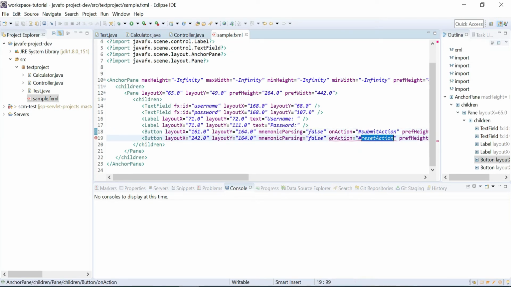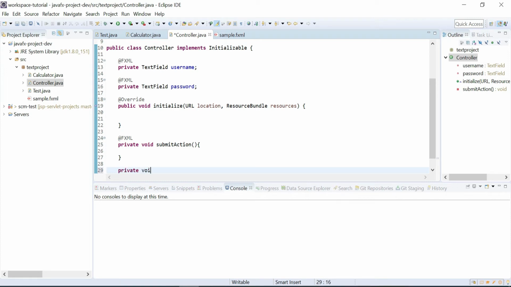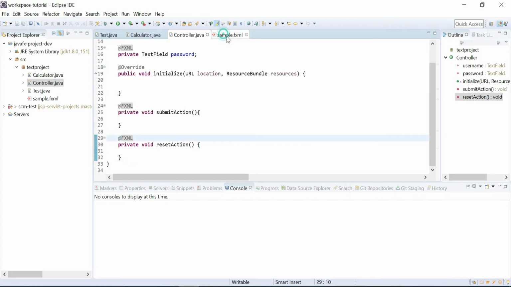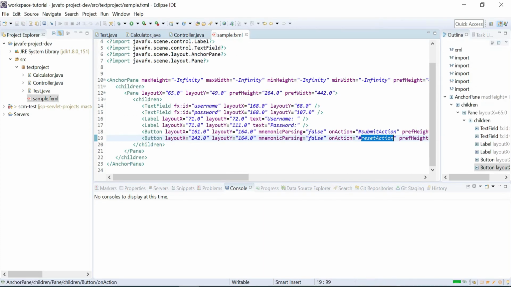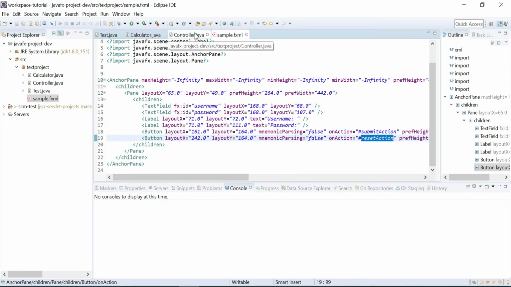See, again the validation was perfect. Now if you see our fxml file, there are no errors because the controller is easily able to map.